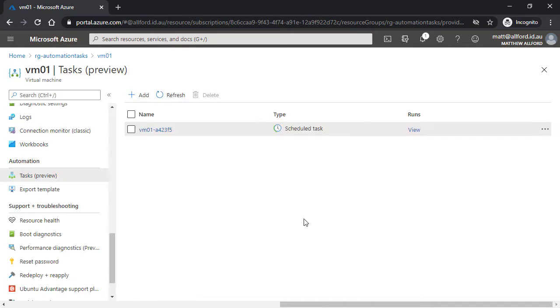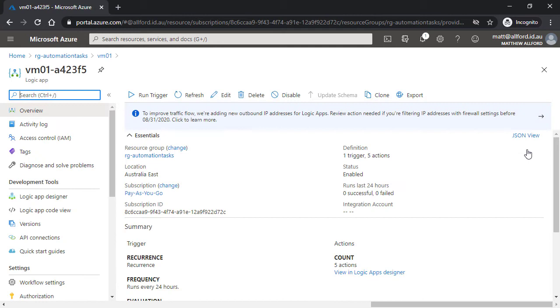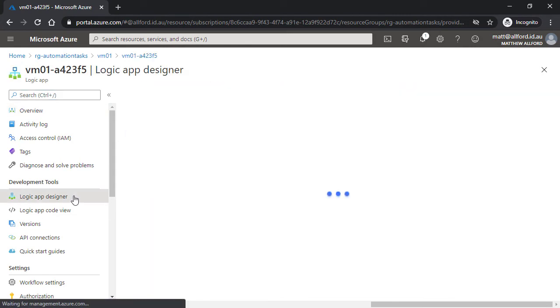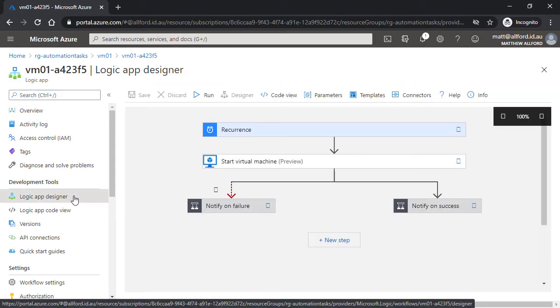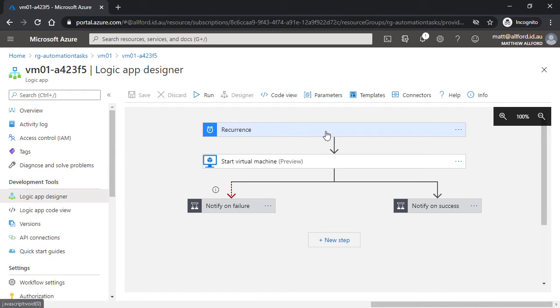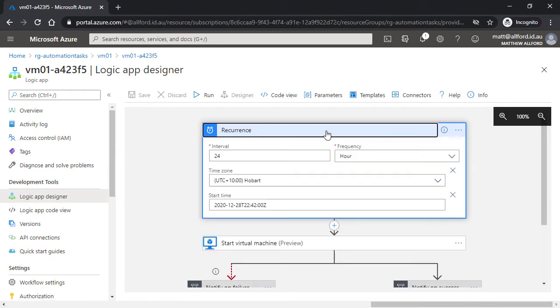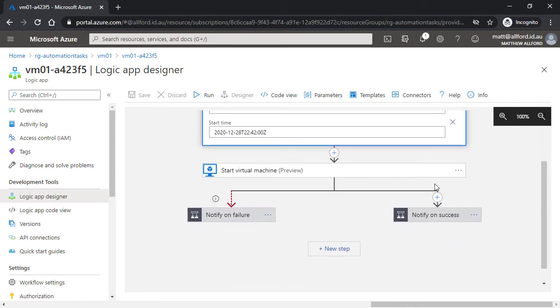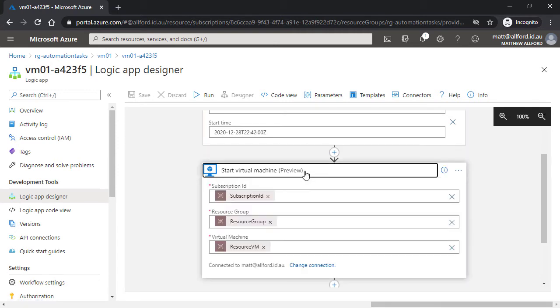I'm just going to cancel out of that because you can also choose to open it in Logic Apps. So this will go and open up the specific Logic app that's been spun up for this. And you could go into the designer and have a look at the task that's been created. So we can see that we've got a recurrence at the top here, which is for that every 24 hours. And as I scroll down, we can see the task that it's going to do is start the virtual machine, and then it will notify on failure or notify on success, depending on the output of that start virtual machine